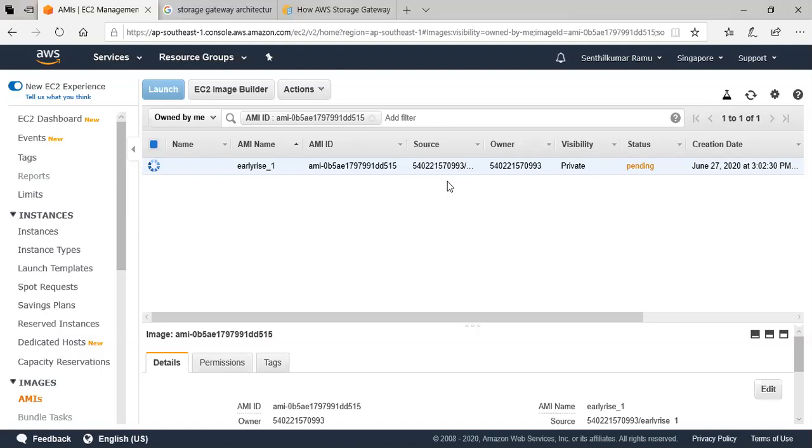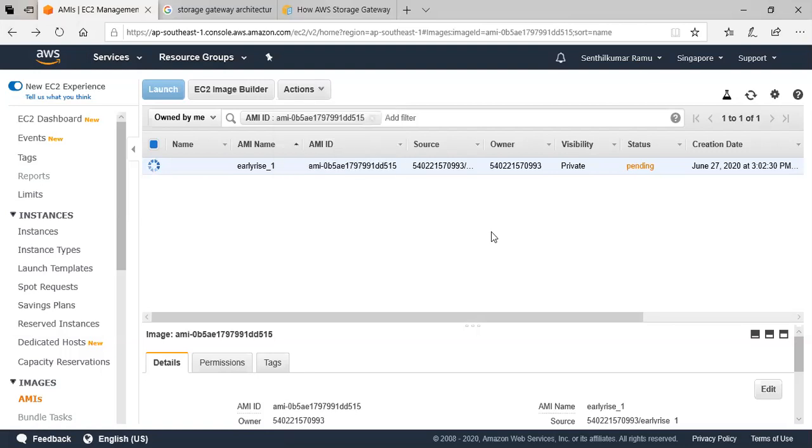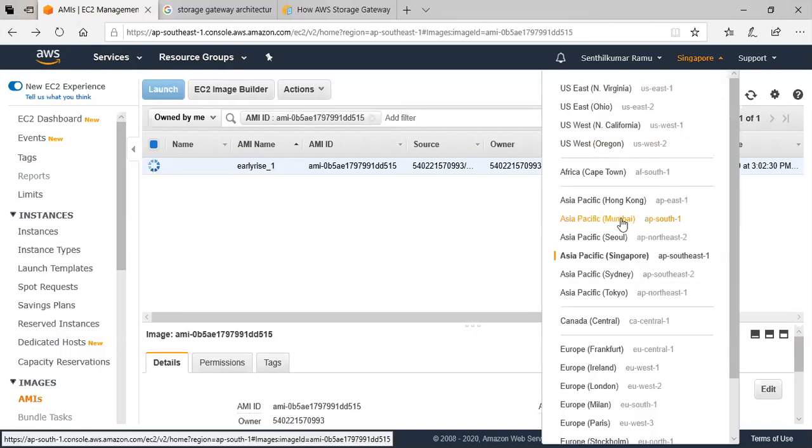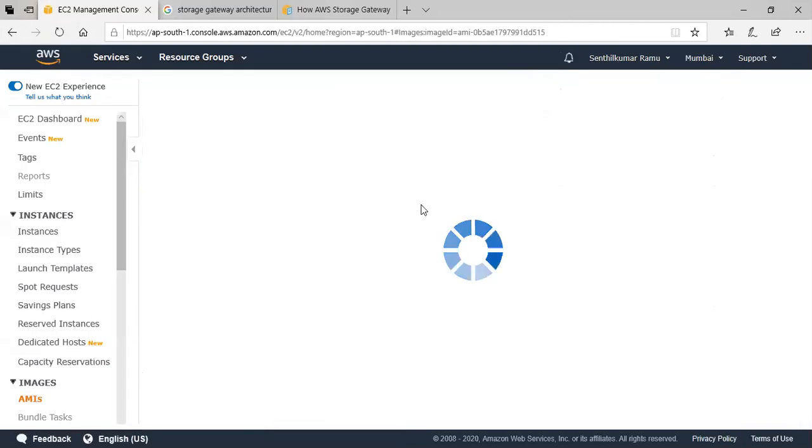Okay, let this image take some time. I think it's about 10-15 GB of data, right? So it has to move from India to Singapore. It takes time. We'll get back. I'll go back to my previous console and move to the Mumbai region. I did not select US because it will take a lot of time. The latency between you and India is too much. That is why I selected Singapore actually, guys.